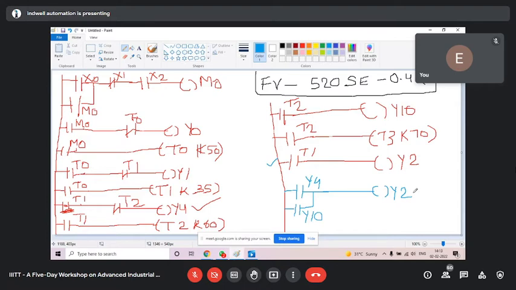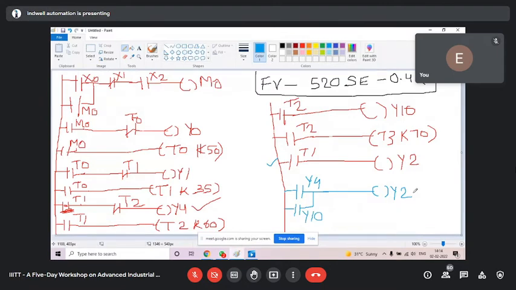Sudeep, you have taken Y5, Y4 XOR, but we have Y4 and Y10 XOR if you want. Y4, Y10. It is Y4 and Y10. Yes. And I did it for the sake of interlocking, because a motor cannot be in both forward direction as well as reverse direction, which will lead to short circuit. So even at that time, we might lose the motor as well. So to be on a safer side, we need to take the interlocking to secure our motor.